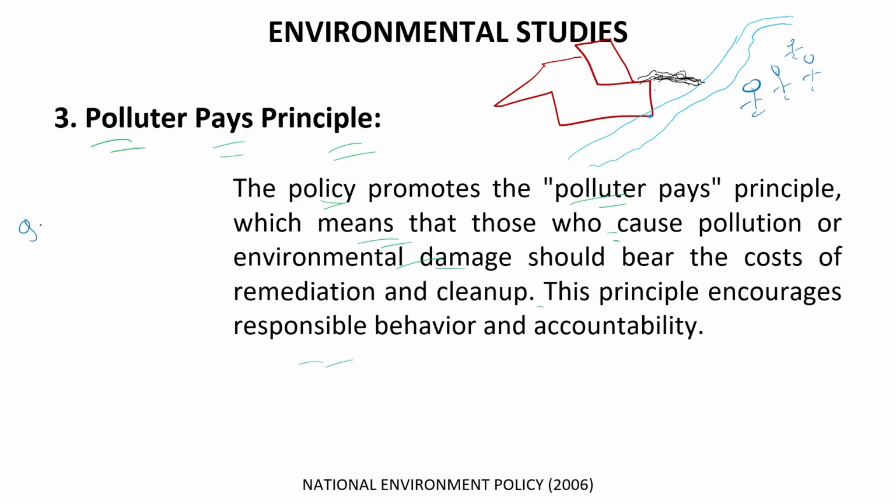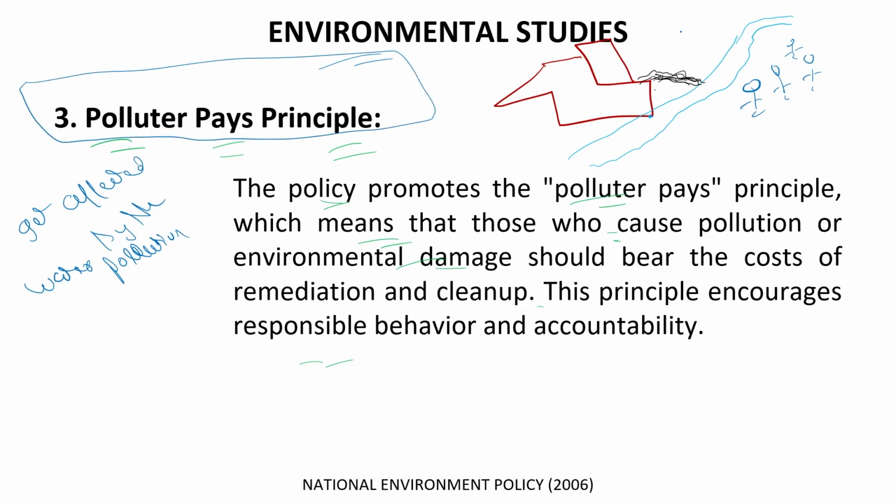They all get affected by the water pollution, which is a part of environmental pollution or environmental damage, okay. So in this case, under polluter pays principle, this firm is liable to pay compensation to the affected ones,